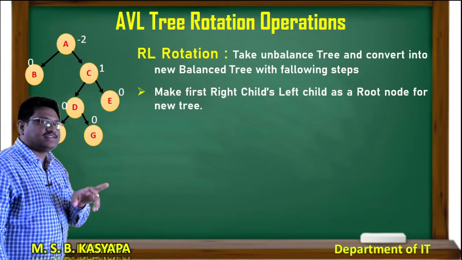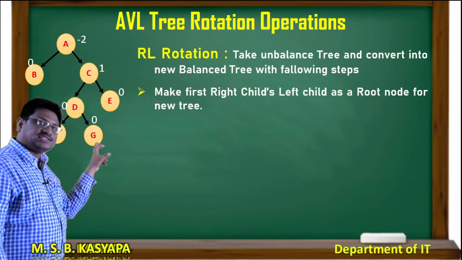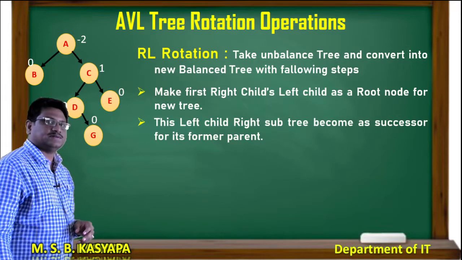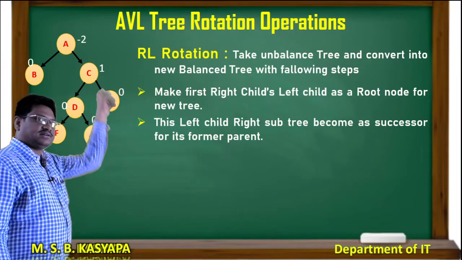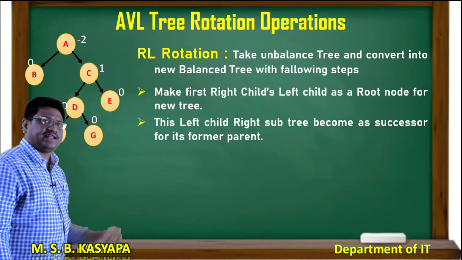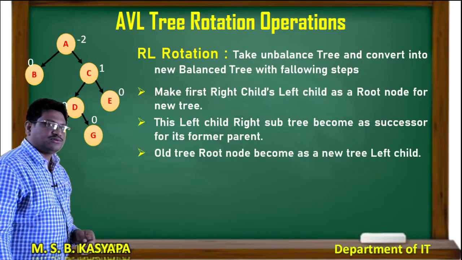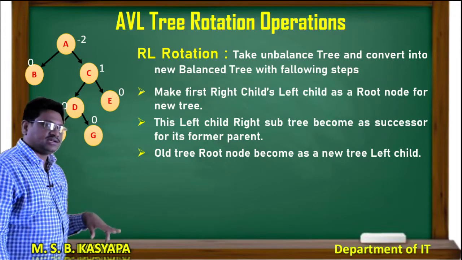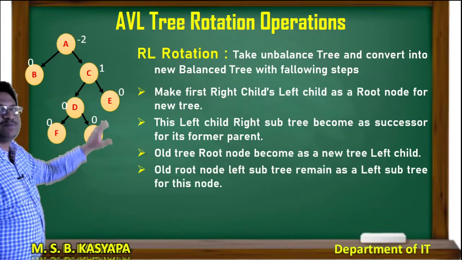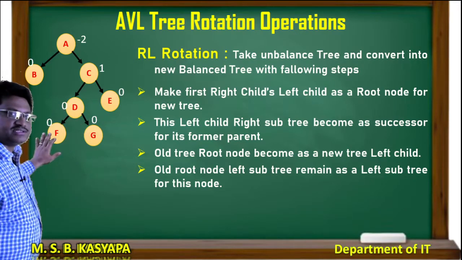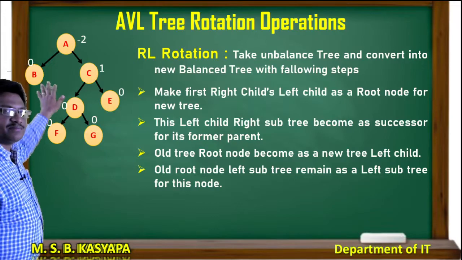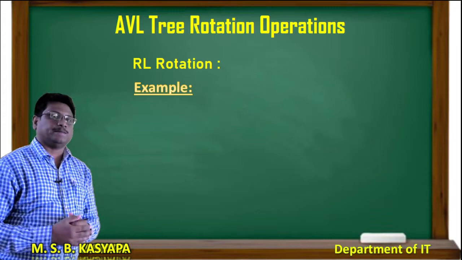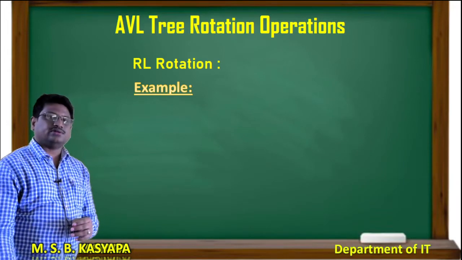It is RL. So, that means if it has any right children, I will link with the C. And this left child remains the same, and the root node will become a left subtree. If it has any left subtrees, they remain as left subtrees, and if this particular root node has any left subtrees, it moves to the right left subtree as a right child. Same thing here also will happen.